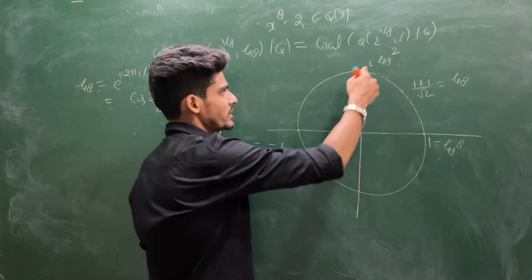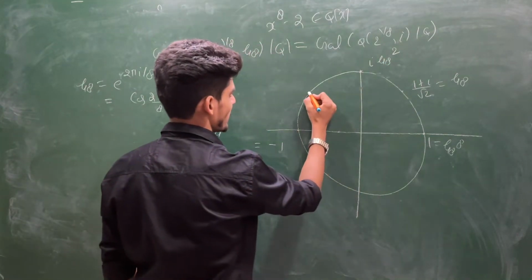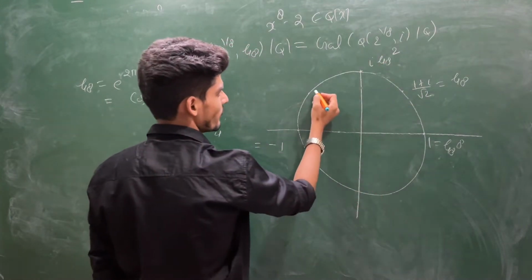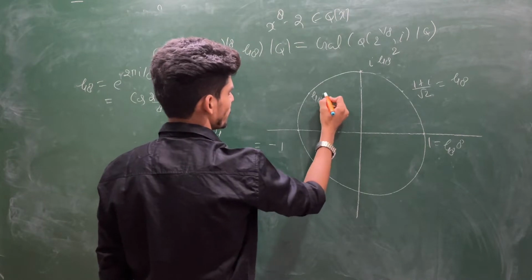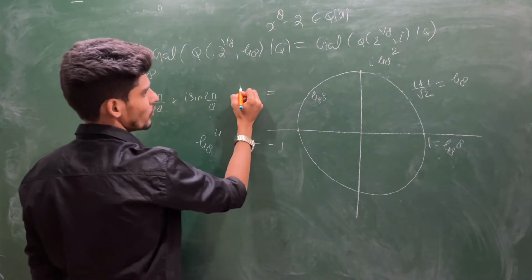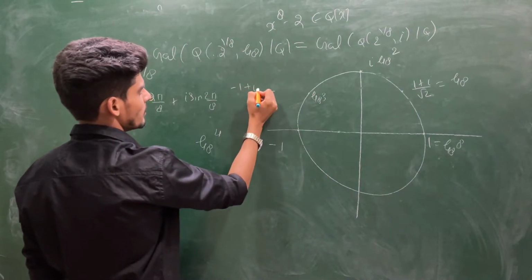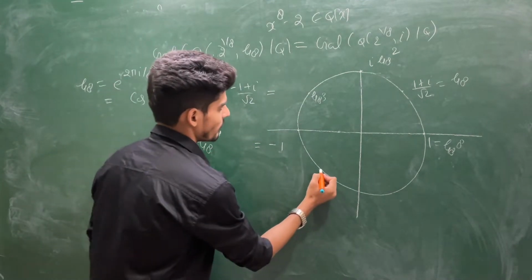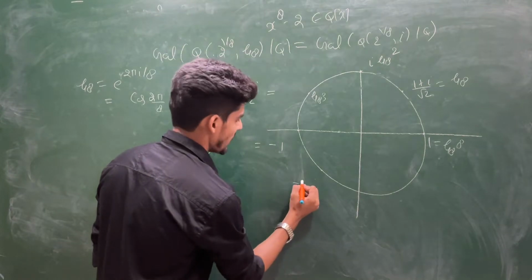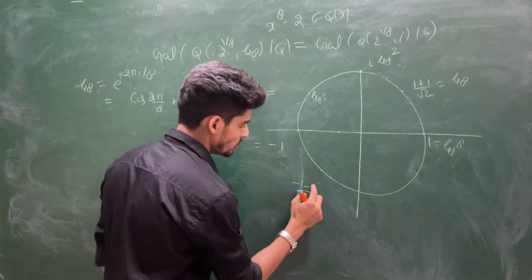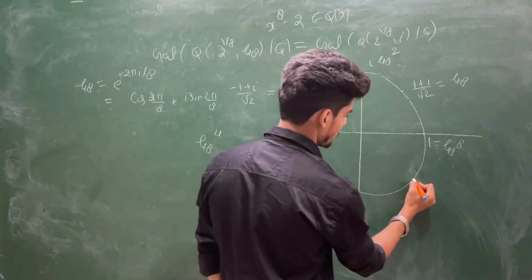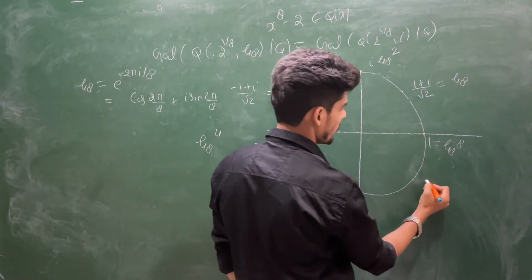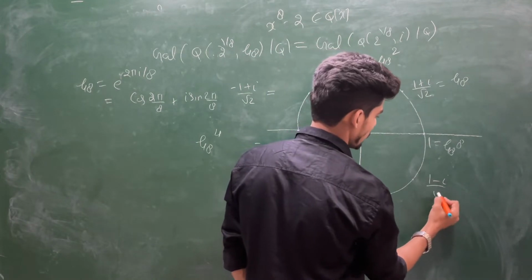This is zeta 8. This is zeta 8 square. Correspondingly, this element, you can take the reflection of this element about the y-axis. Then you will have zeta 8 cube, which is actually minus 1 plus iota by root 2. If you take the reflection of this element, you will have here minus 1 minus iota by root 2. You take the reflection of this element about the x-axis, you will have 1 minus iota by root 2.